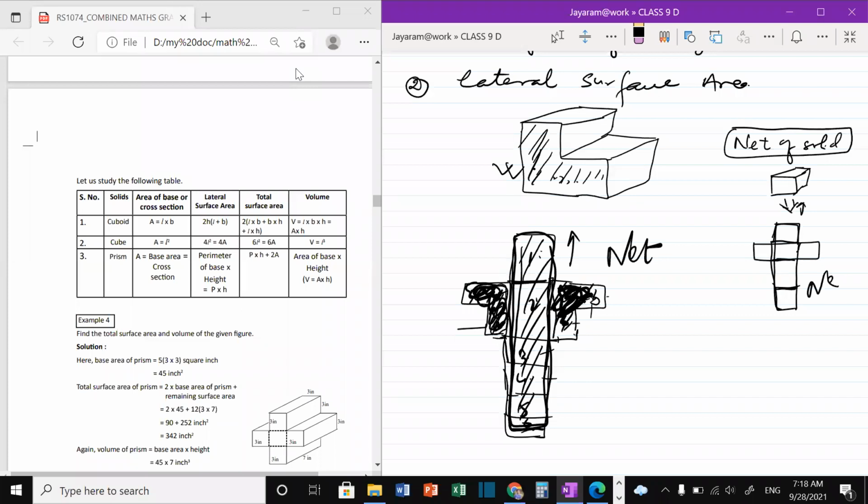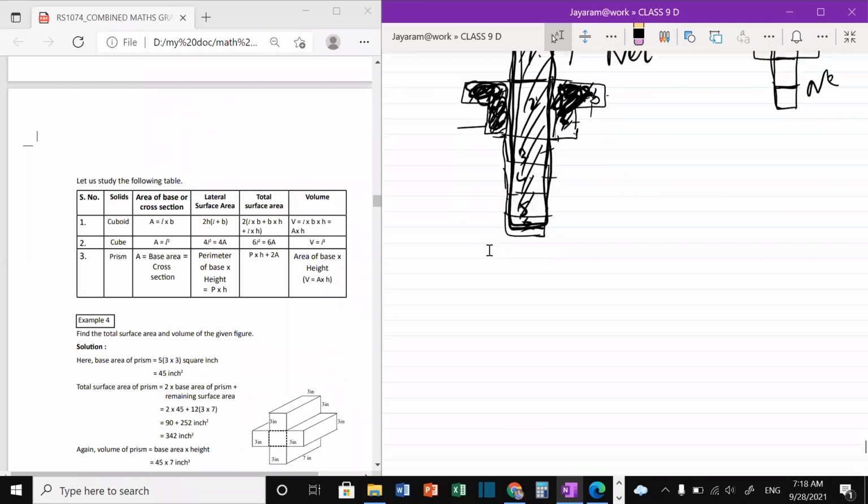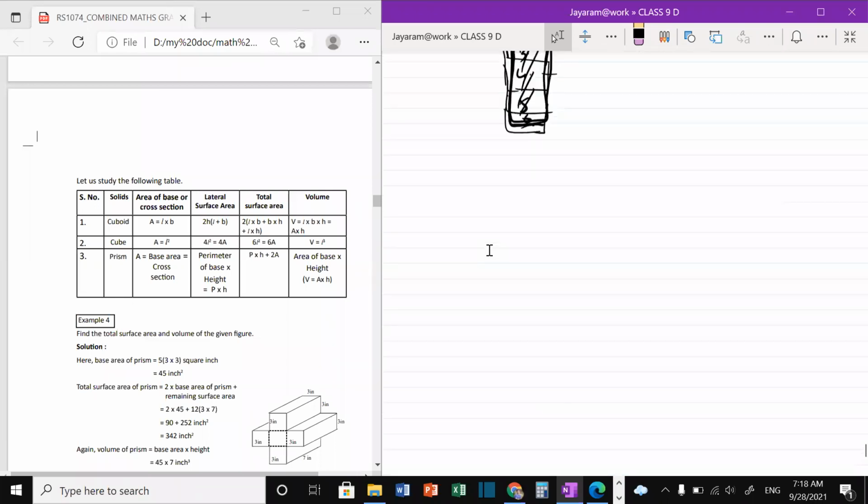Okay, the area of the surfaces without the two bases is the lateral surface area. Okay, now Anu Shrestha, will you please repeat what I told? What is lateral surface area? The surface between the two. Okay, very nice, thank you.